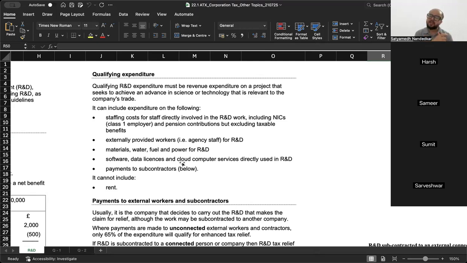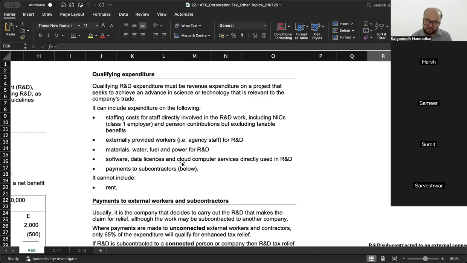एक question हमने किया था where this one woman, she is employed by a company, फिर you have given her कुछ उसको लिविंग अकोमोडेशन दिया था, कंप्यूटर दिया था, ऐसा एक क्वेश्चन था, राइट? उसमें we had considered कि class 1 employer contribution will also be included in the eligible expenditure. Then externally provided workers for R&D, basically agency staff का भी मिलेगा.